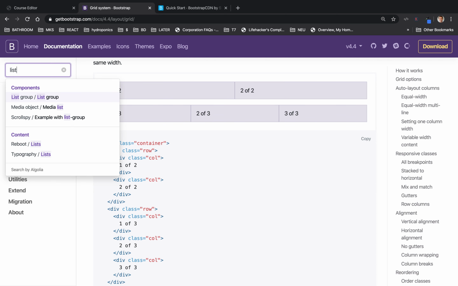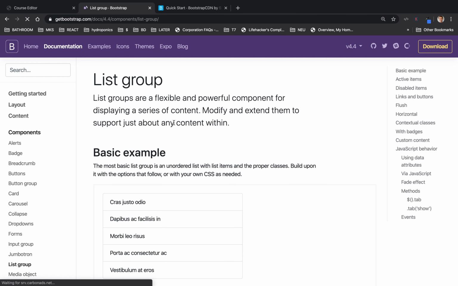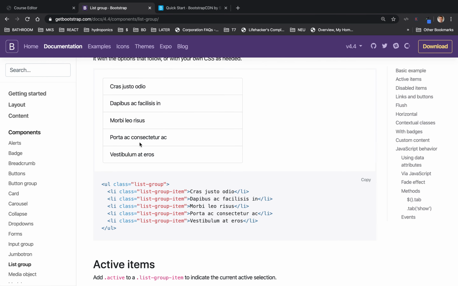So let's see how we can style the lists. So here's going to be the style that we're going to be using. Already notice that it has the same structure that we have: UL, LI, whatnot, right? The only difference is that they have a particular class applied to each one of these elements. So let's grab that,